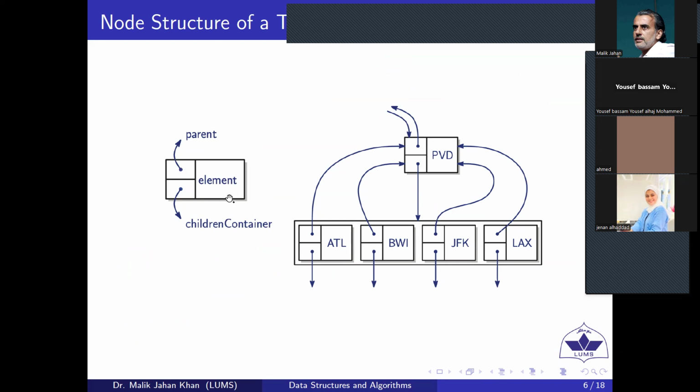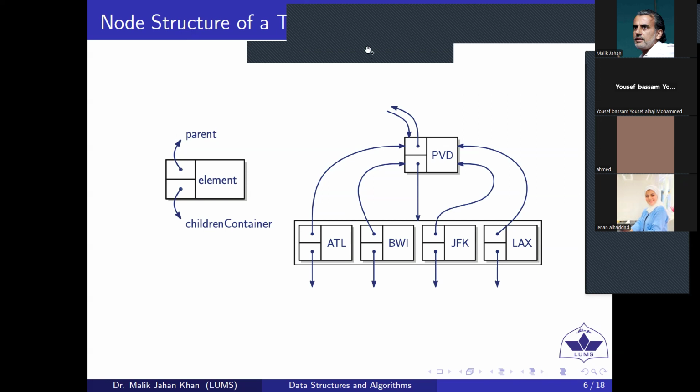That element is the data, which might be one attribute or might contain multiple attributes, depending on the kind of application we are trying to build using a tree. And then it will have a pool of child nodes, and optionally it can store a parent node link as well. So it's our choice of implementation. Sometimes we implement a parent link and sometimes we don't need to, and that can be managed